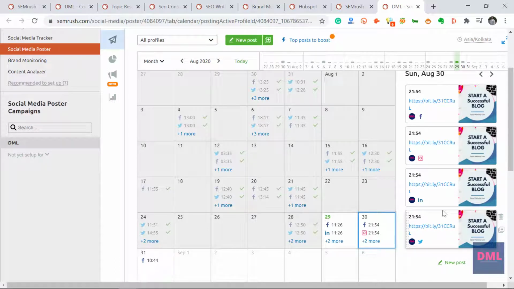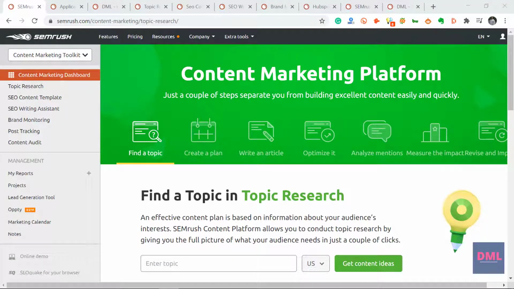So easy, guys. There are different tools in the market that give you the same functionality, like Buffer or Hootsuite, and they charge an amount. This comes free with the SEMrush content marketing toolkit with the SEMrush Guru plan. Content marketing is a continuous process to evaluate your post performance, to analyze your brand performance, collect feedback, and then improvise. And all these activities should be performed in sync for better results.